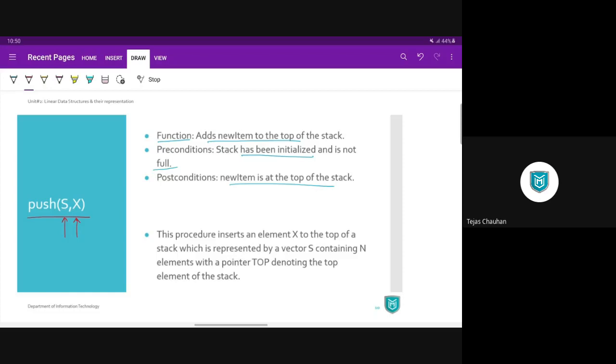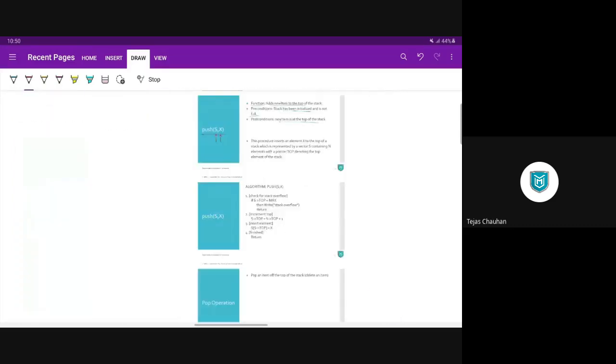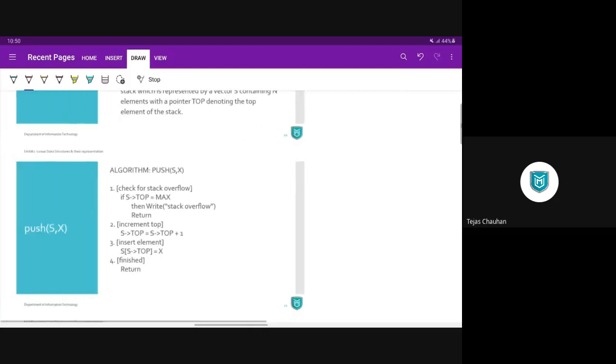So there will be two parameters to this operation. This procedure is just going to insert a new element X into the stack at the top position, and pointer top denotes the top element of the stack.